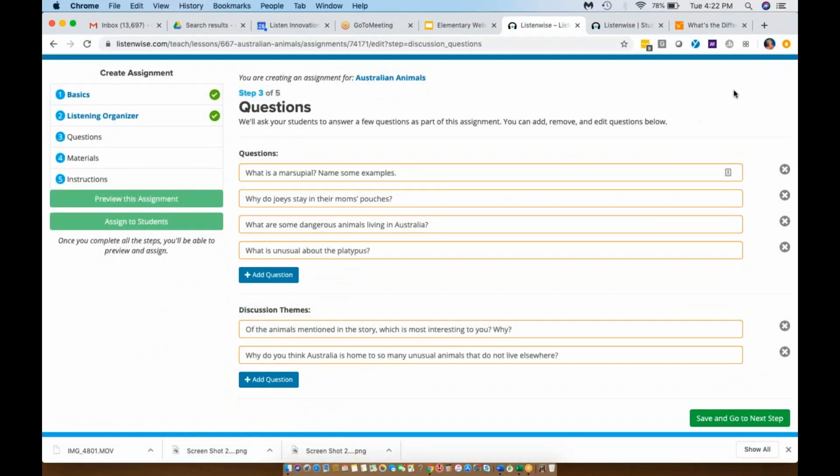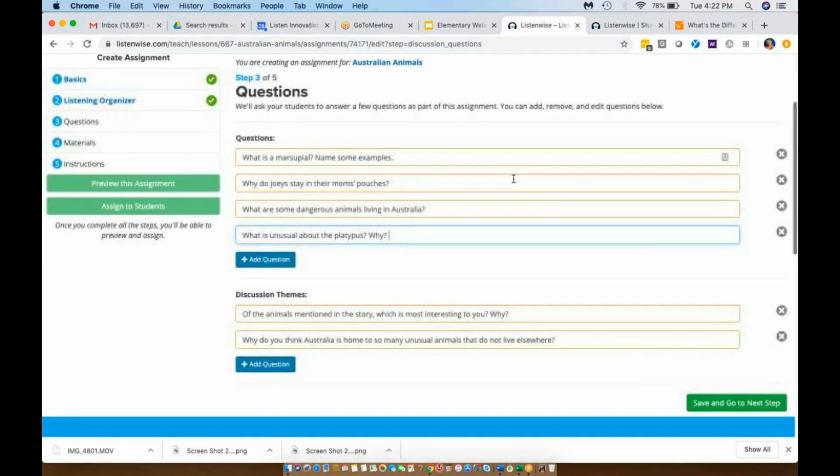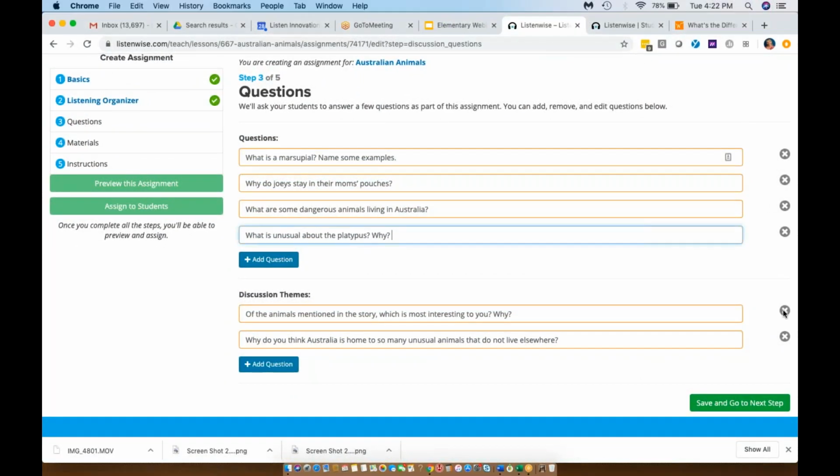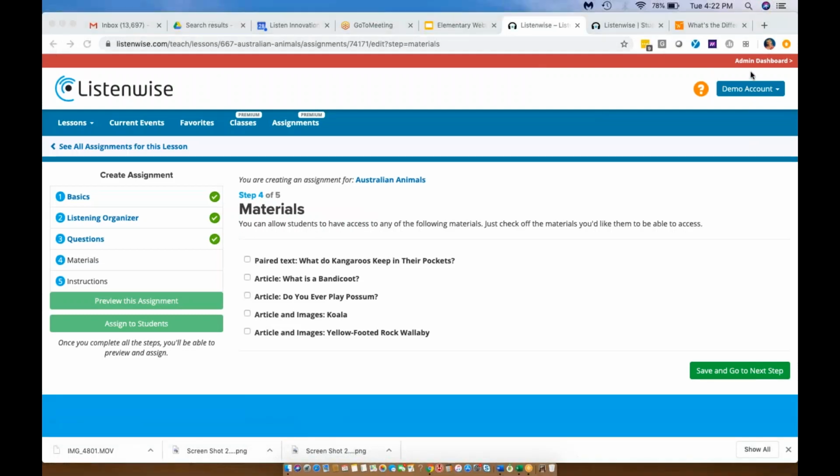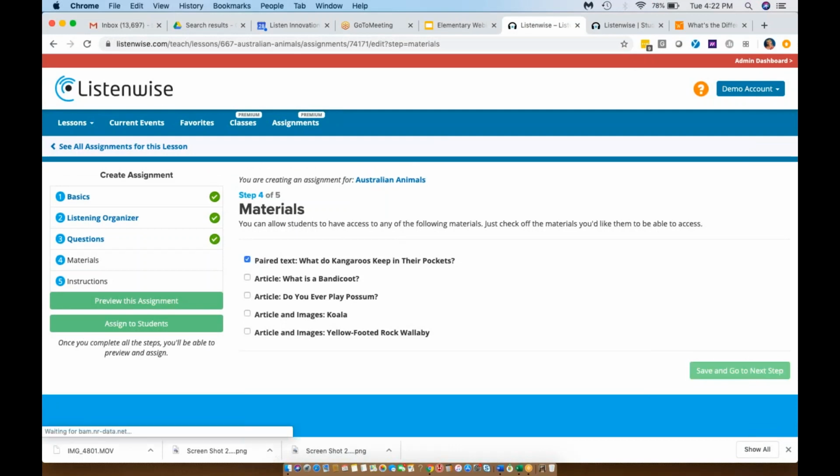The listening discussion questions and the comprehension questions are preloaded. And you can add a question if you want. You can add words, you can delete questions. I'm going to take off these and I'm going to save and go to the next step. It's just highly flexible. You could even draw a picture or talk to your parents about it, whatever thing you want them to be doing after this. And then that paired text article is there for you to assign as well. If you feel like you want them to focus on some reading after they're listening,